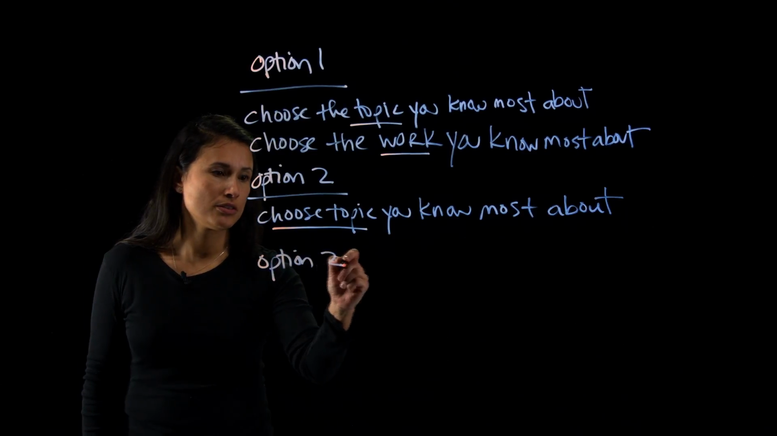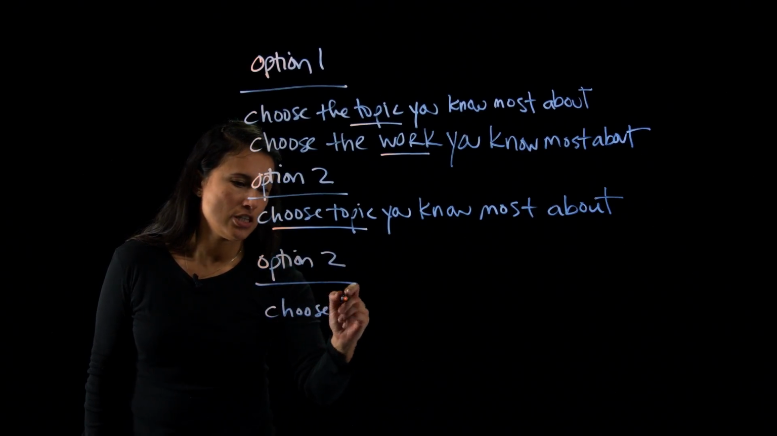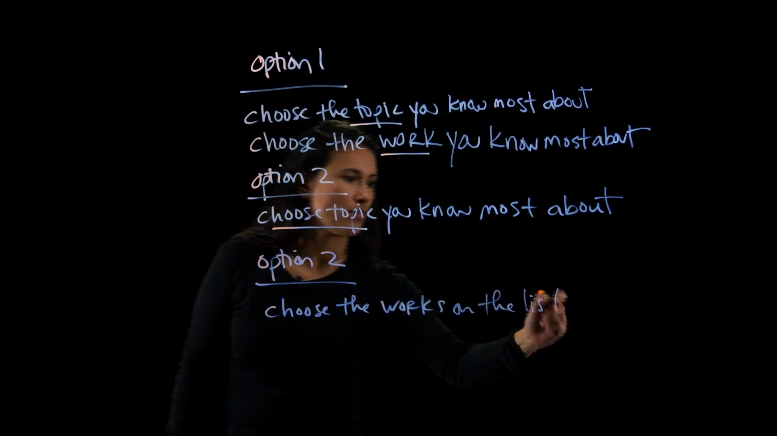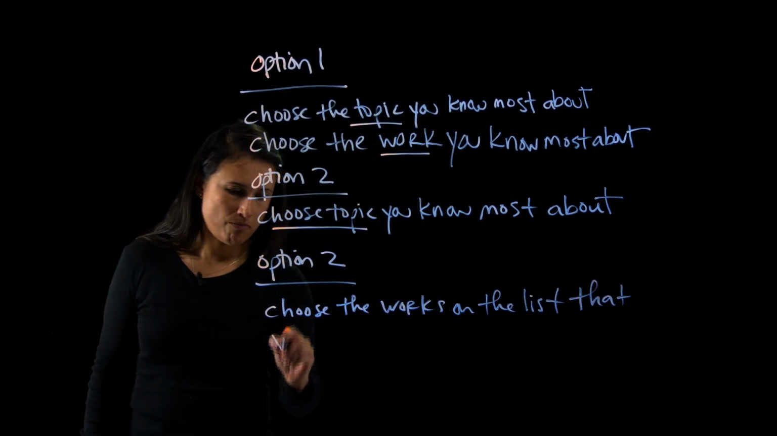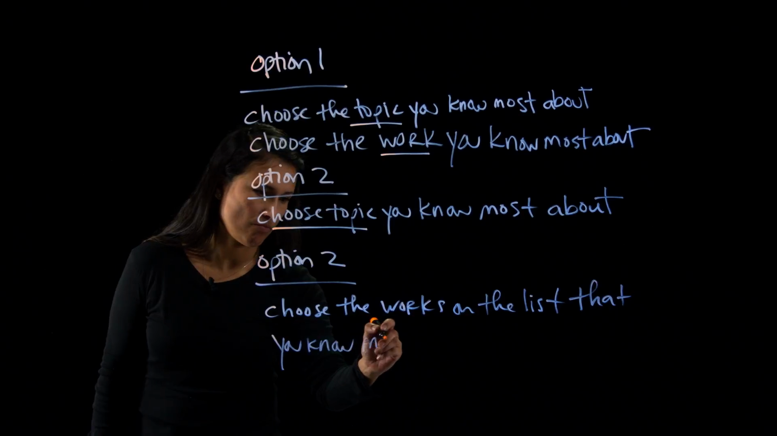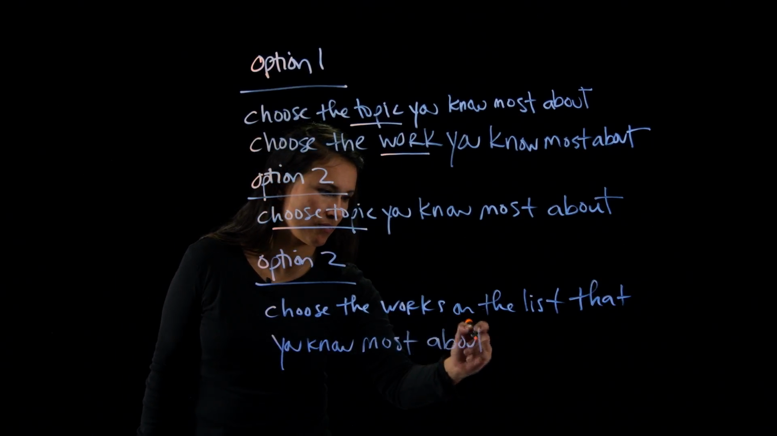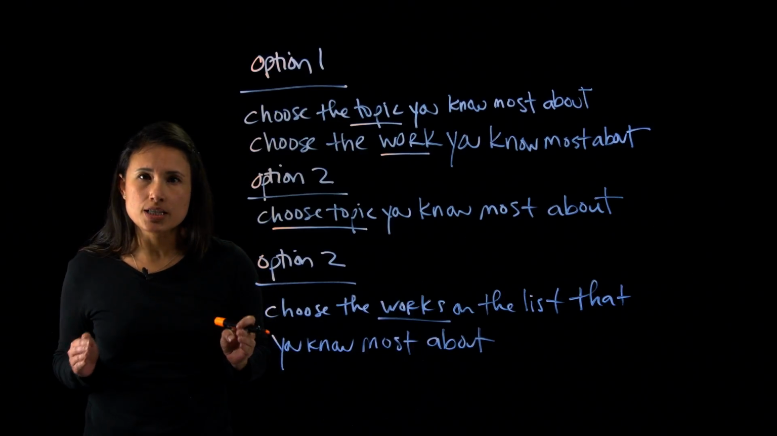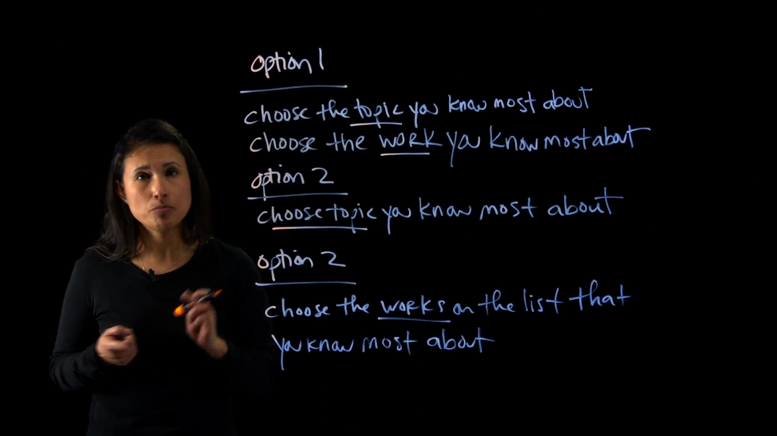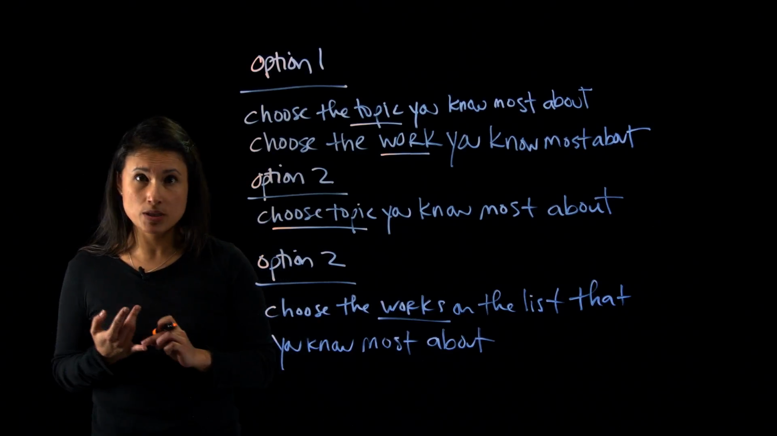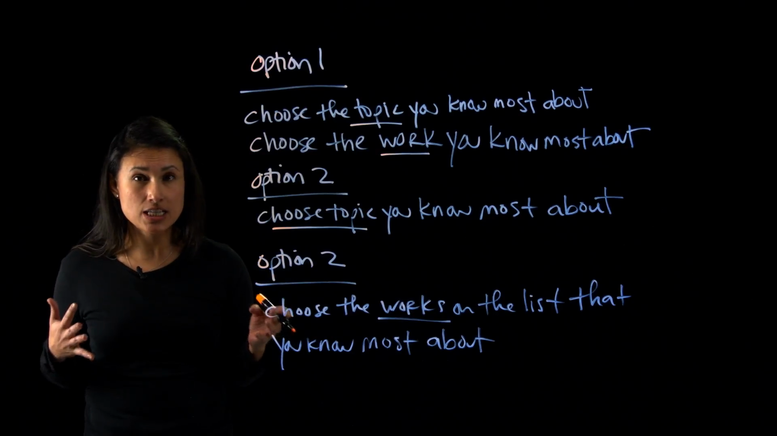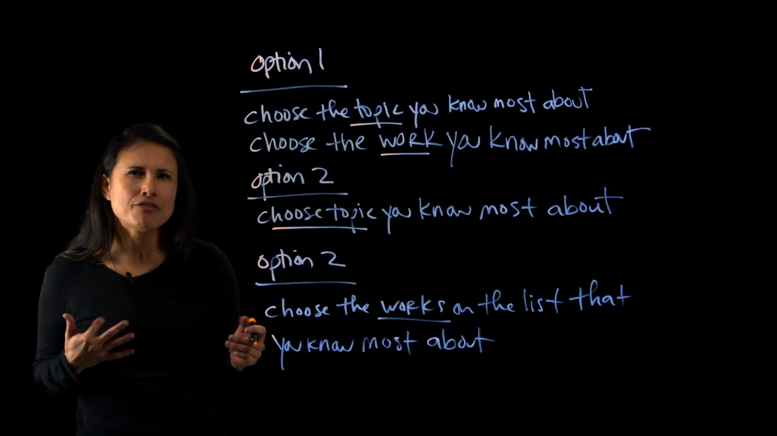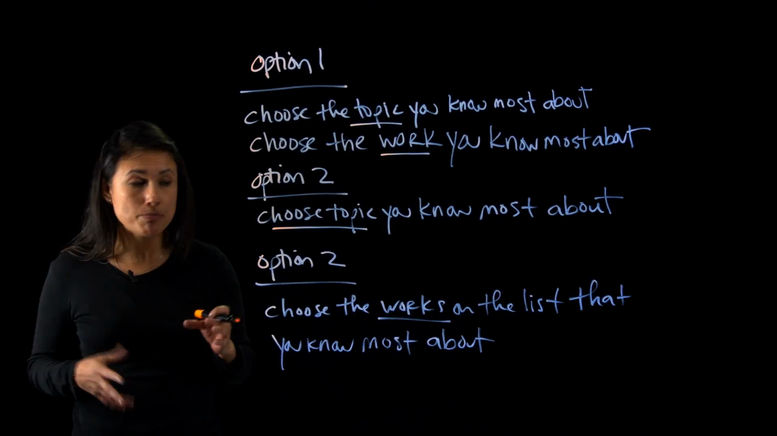Option three is you choose the works on the list that you know the most about, even if you don't know the topic. Because if you know the works very well, like totally comfortable with the plot, the characters, the action, the sequence of events, then you can speak about them very intelligently, especially if you know at least 3 out of 4 on the list. And the topic, even if you're not so familiar with the topic,